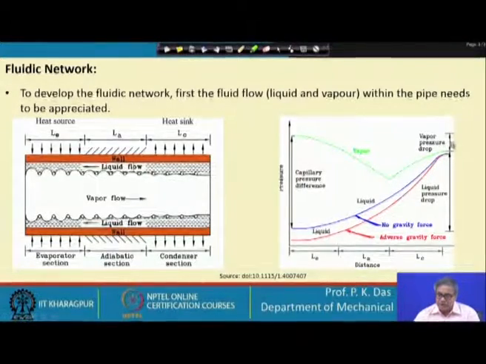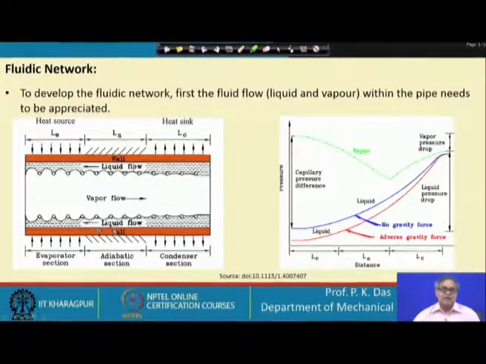Okay. And you see this is kind of positive, this is kind of positive. Then we will have liquid. So, liquid is getting formed, or transformed from the vapor, in the condenser section. So, in the condenser section liquid is formed, condensate is being formed, and then the condensate flows through the